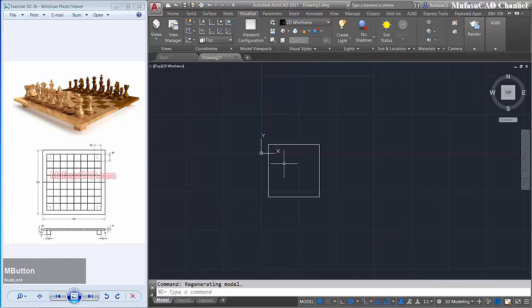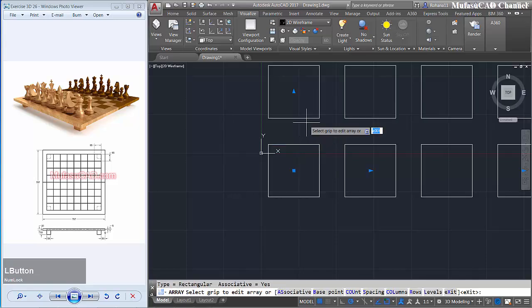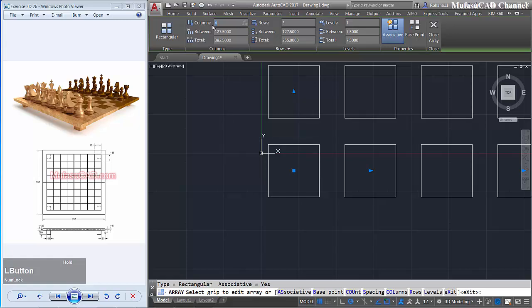I will use array command to copy this rectangle object. Okay, choose rectangular, change column here to 8 and distance between object about 86.